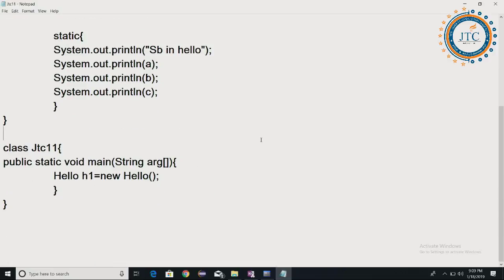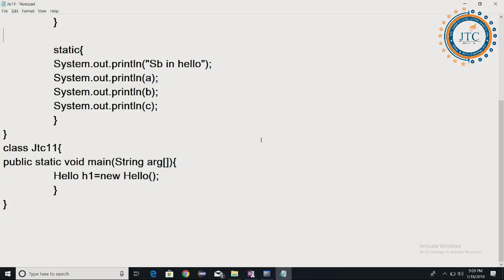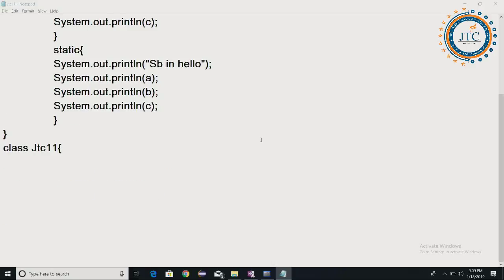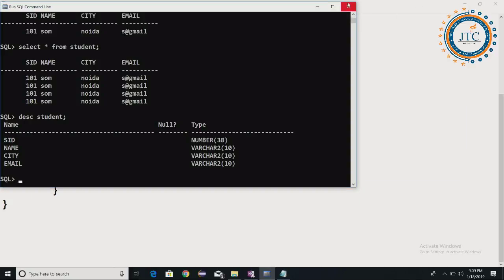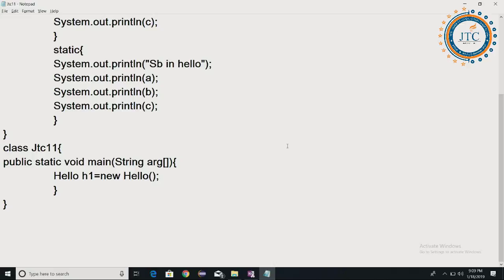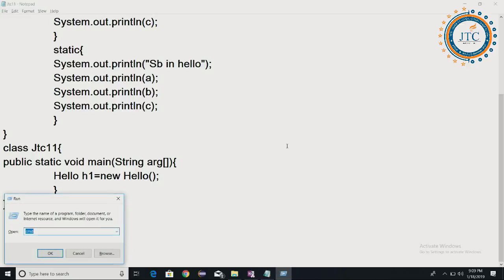Immediately after writing both of these things, now I'm trying to compile all of this. I'll compile it now.